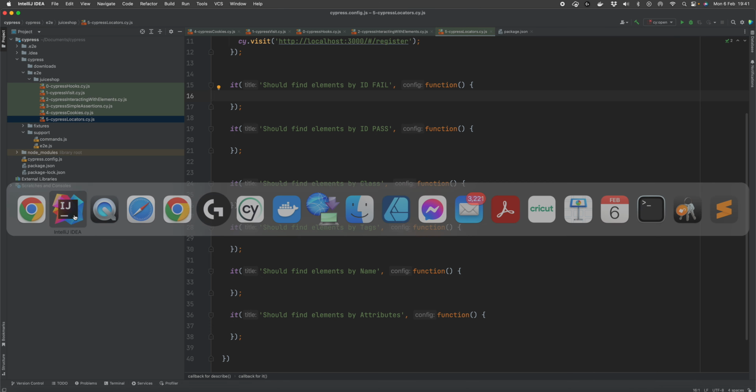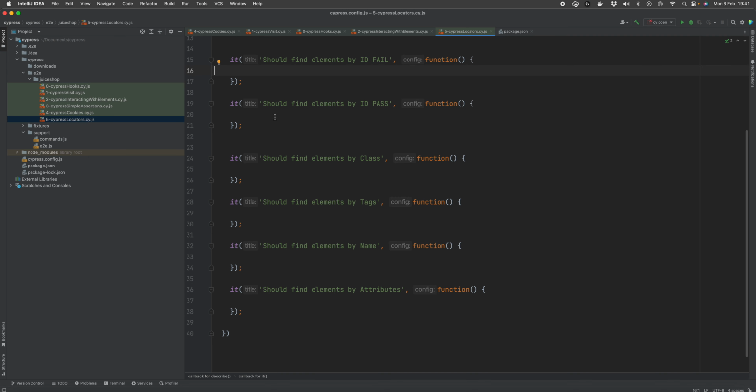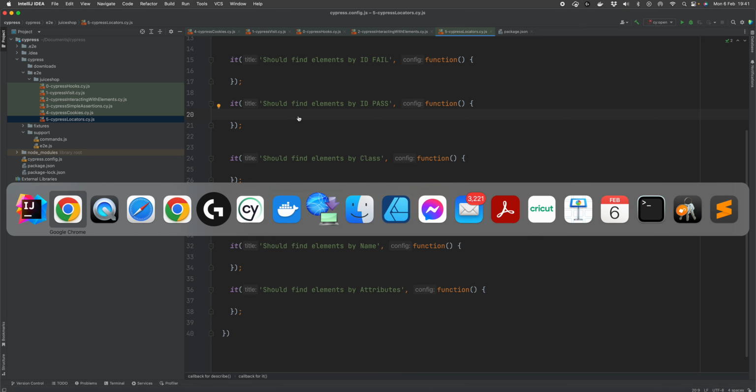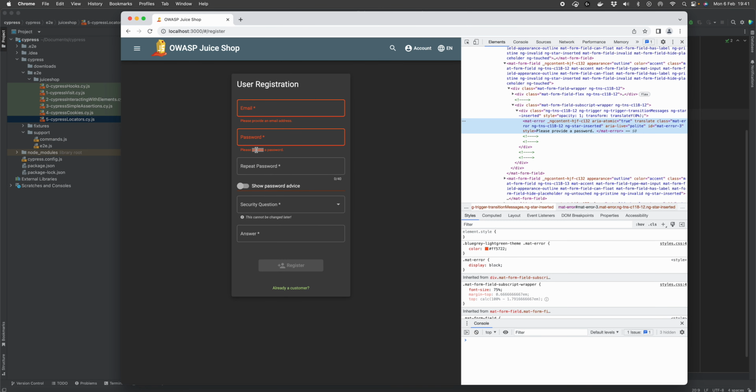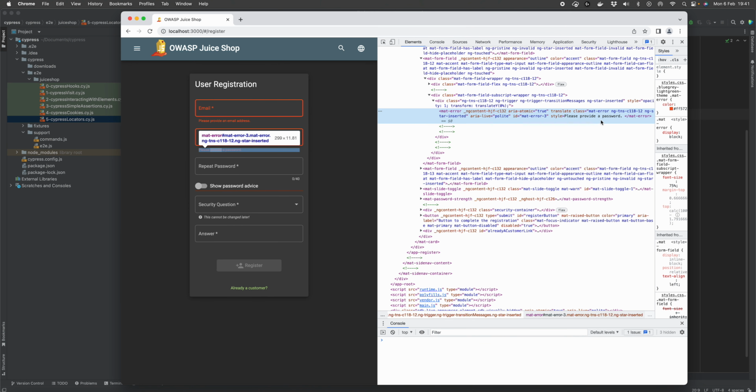Going back to the test, just for this example, what you can do now we've created that new template. Actually, I need to inspect this. So I'm going to right click and then select the option for inspect, and for now I'm just going to use a class locator. So I'm going to double click on this attribute for class, and I'm just going to copy this mat-error. Just going to take that, and that is